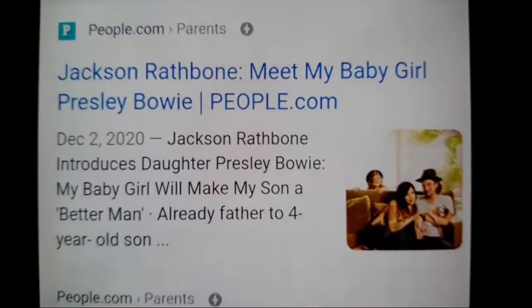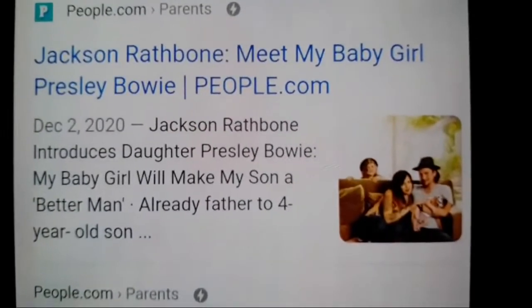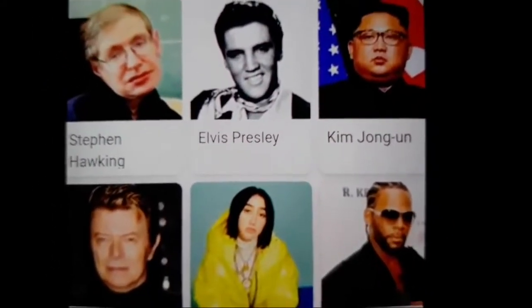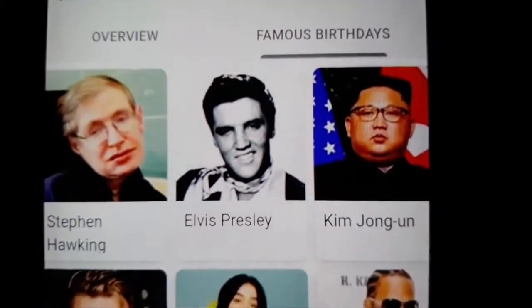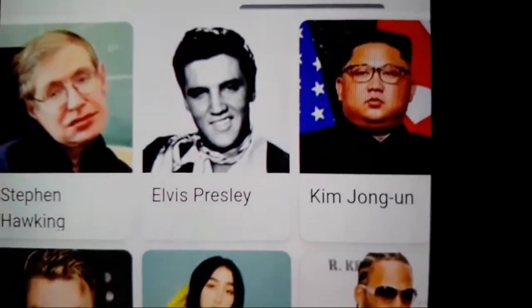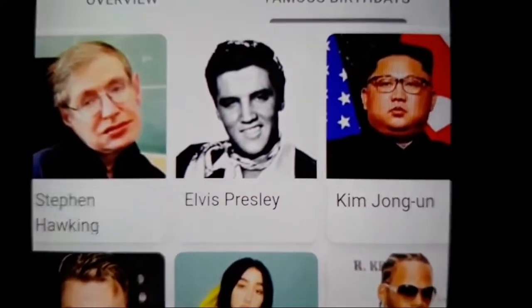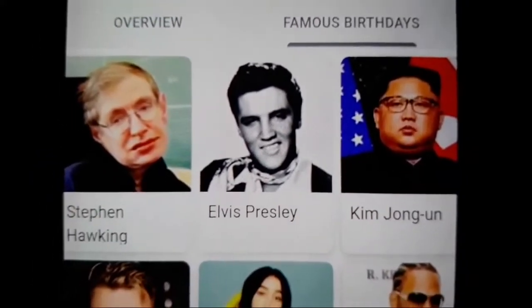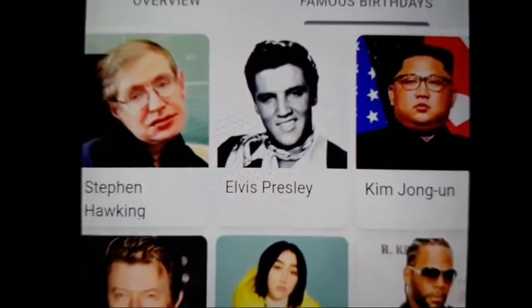And you know why it's important, besides the Presley being Elvis, the Bowie is what's crazy, because Bowie is born on Elvis's birthday. You see, this is January 8th, Elvis's birthday. And there's David Bowie, you understand? And I told you that Rocket Man, Trump is always talking about Rocket Man. You got to watch my Rocket Man videos. They're incredible. And Kim Ding Dong is born on Elvis's birthday because Elvis is the Rocket Man that Trump is talking about. You understand?